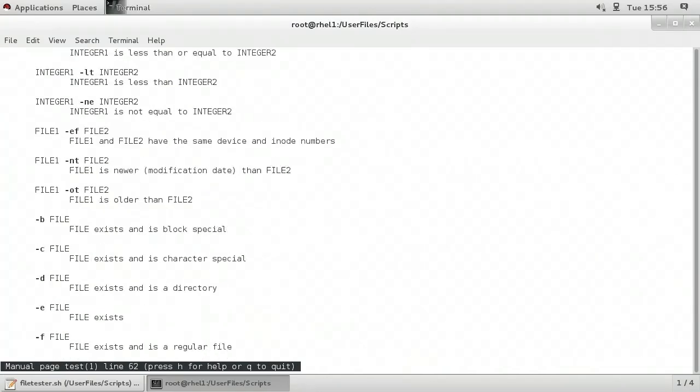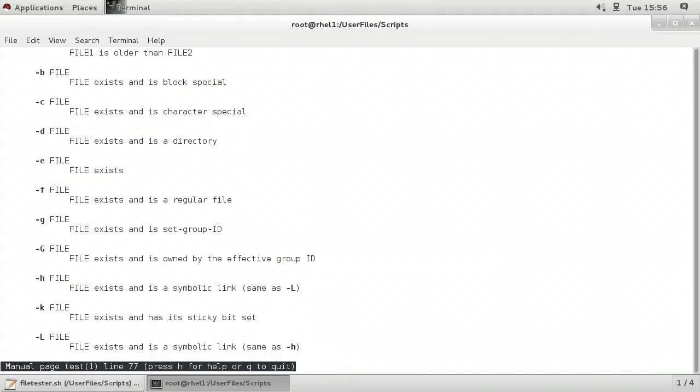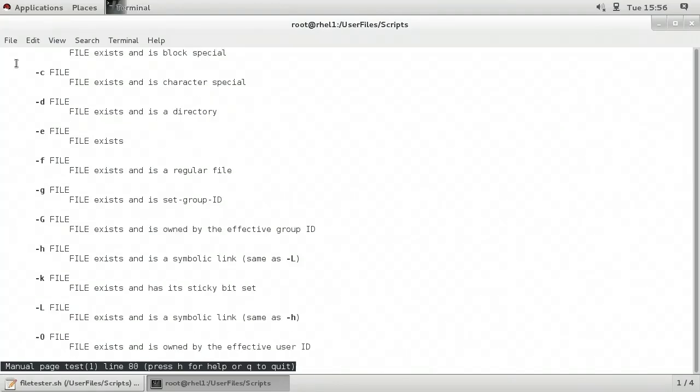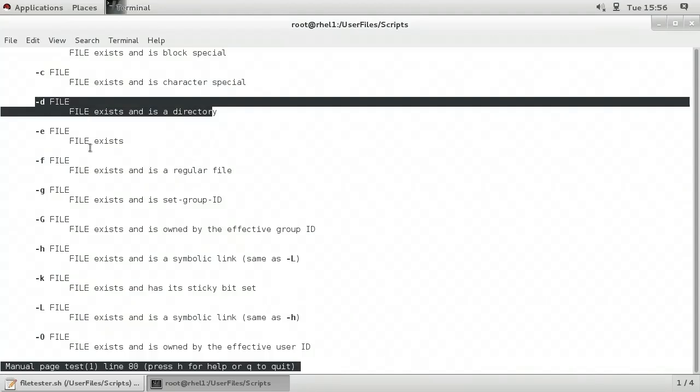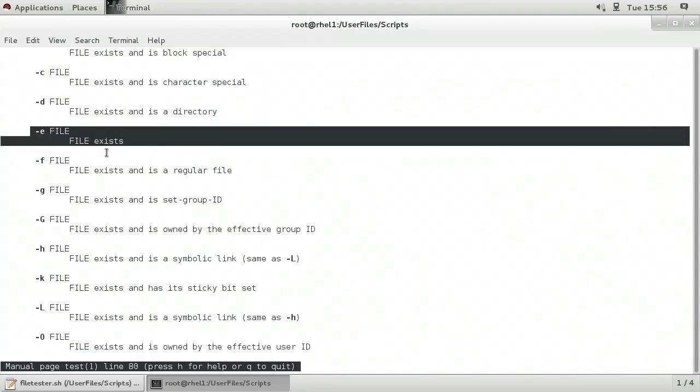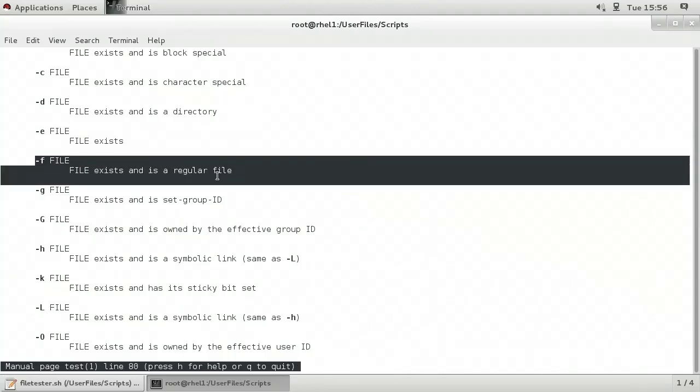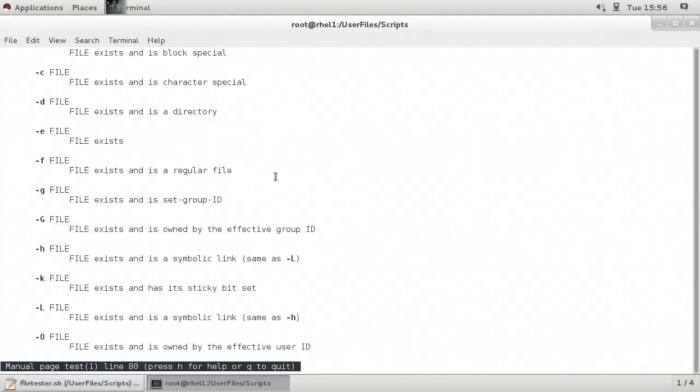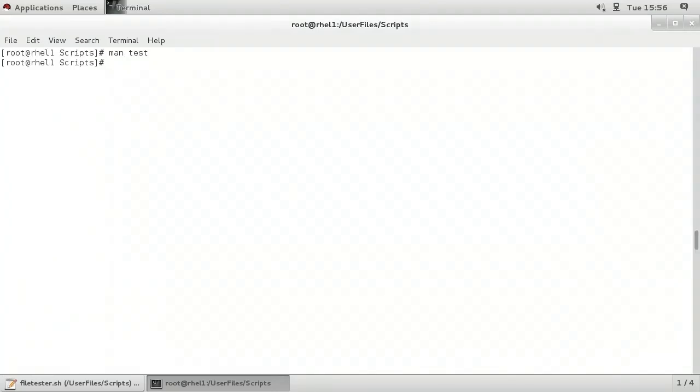And as we go further down through the man page, we see some command line switches that check things like whether a file is a directory, that would be -d, or -e, whether a file exists, -f, whether a file exists and is a regular file, and so on. I'll type Q to quit, and at the command line, we'll begin by typing test 10 -gt, that stands for greater than, 5